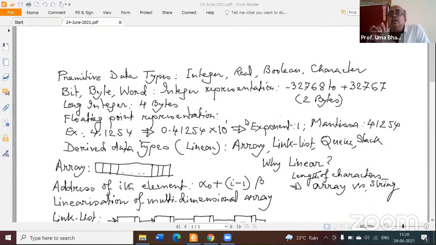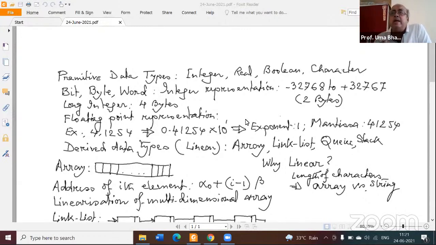And in computer terminology, what does it mean? Say you have 100 integers to store somewhere. You define an array of 100 integers. Very simple. But remember, you have to define the array size to start with. That means if you have a provision for 100 integers, you cannot have 150 integers there. And at the same time, keeping a provision of 100 integers, if you use only 50, the remaining 50 spaces will be